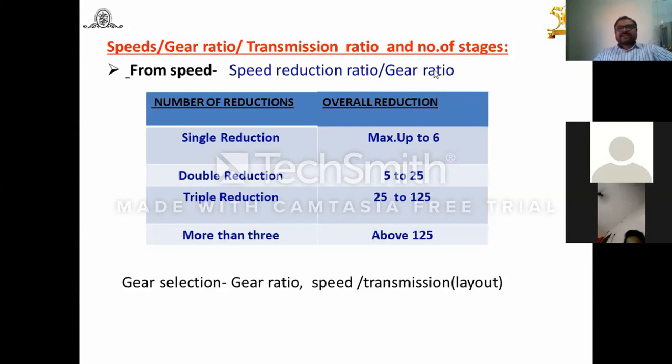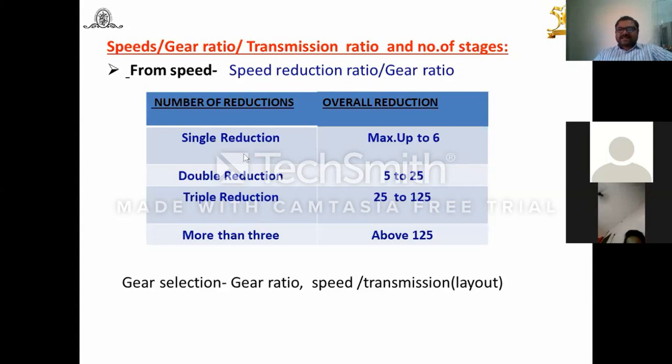This is about the number of stages you can decide and the speed reduction in each stage. Now, as per our SPPU syllabus, if you are going for a single stage or single reduction gearbox, you have to prefer only worm and worm wheel gear drives. But for two-stage reductions, you have to use a spur-helical combination, maybe helical, spur, or a bevel and helical. Such combinations we have to use according to SPPU.